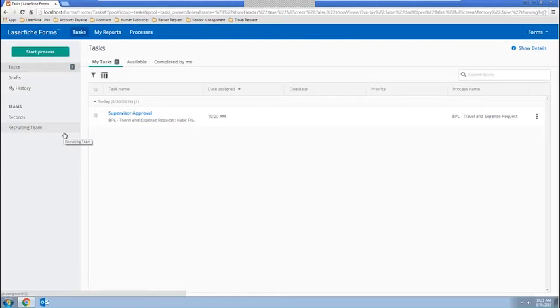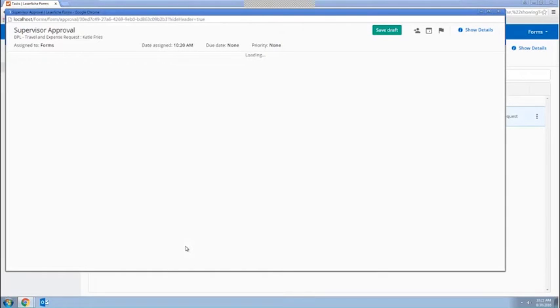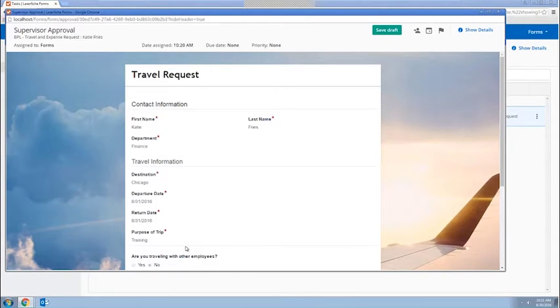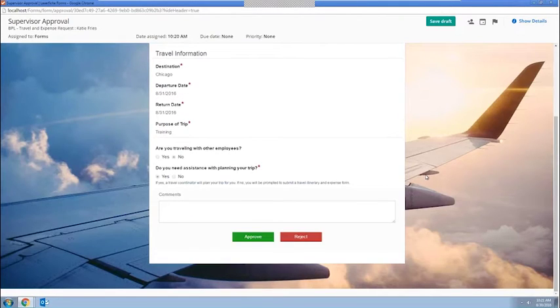particular process. And for each user who's actually routed a task and is asked to participate, they're going to receive a view that's tailored to the role that they have or the type of action that they need to perform. So for example, with this supervisor approval, they're not going to be able to edit any of the information that I entered before. Everything's in read-only format, and they simply have options down at the bottom here to approve or reject